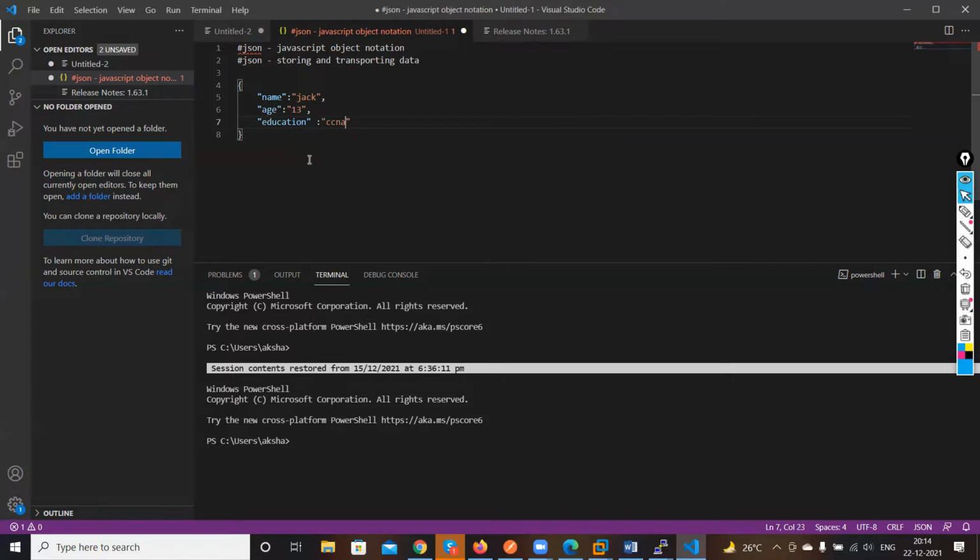Okay, now this is the information which you have written. Now you want to check whether this JSON script is right or not. As JSON is not a programming language, this will not be executed. Why will it not be executed? Because there is no logic over here. It is just a key and value pair, name and a value pair. So what you have to do is check whether this data is proper or not, check the syntax. So I'll just copy this over here